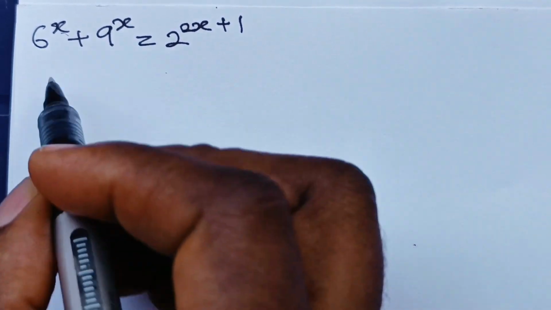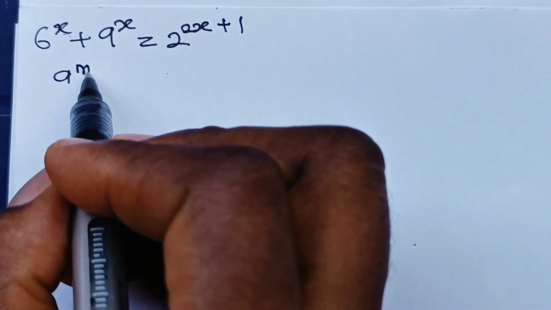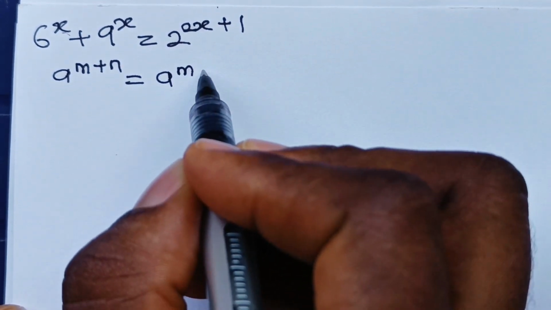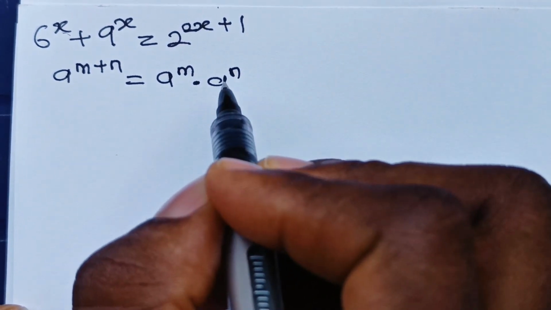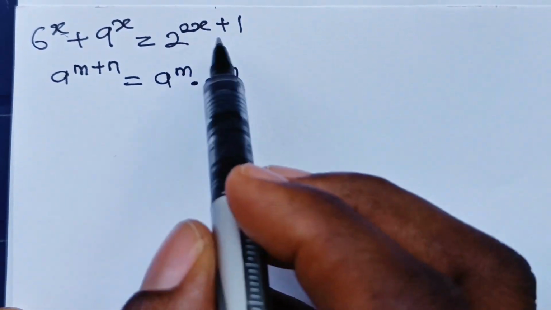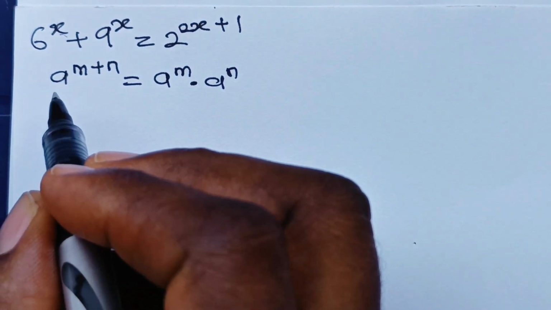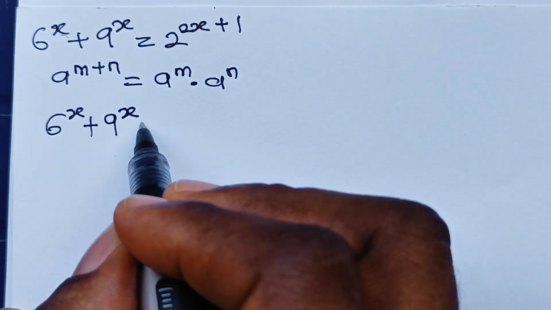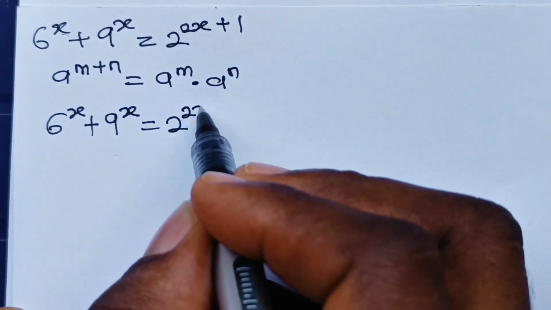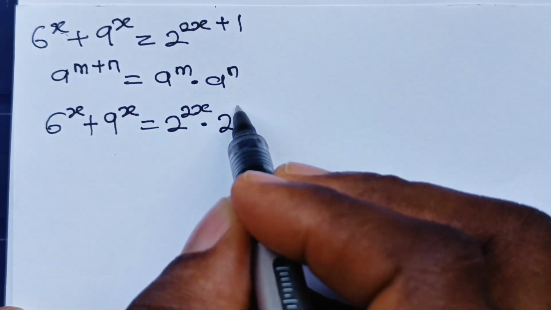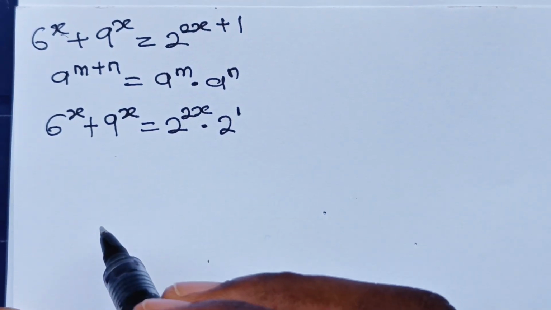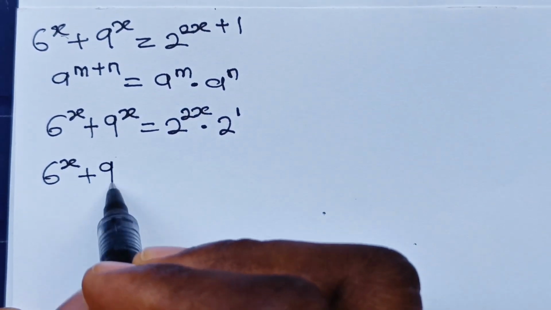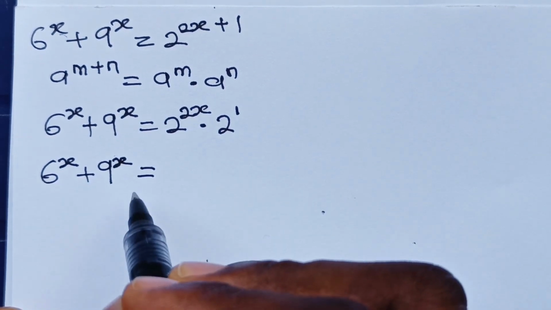Now recall that when you have a to the power of m plus n, this is equal to a to the power of m multiplied by a to the power of n. So that's the first thing we are going to apply here. So we have 6 to the power of x plus 9 to the power of x is equal to 2 to the power of 2x multiplied by 2 to the power of 1, which is 2, right? Now we have 6 to the power of x plus 9 to the power of x is equal to,